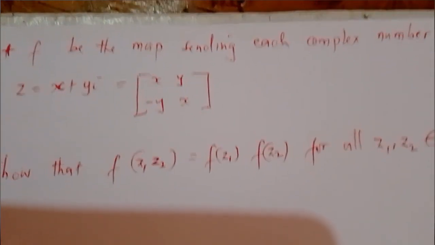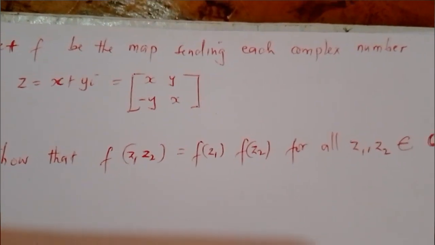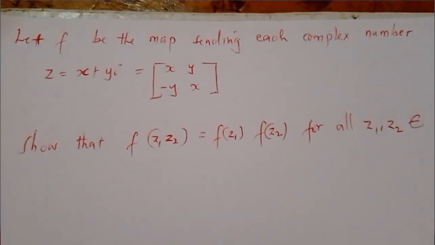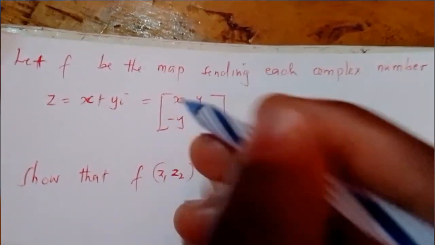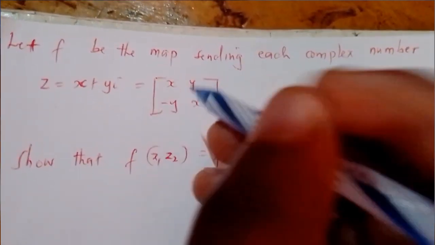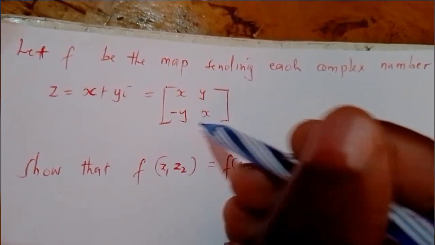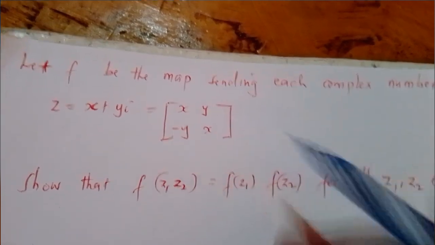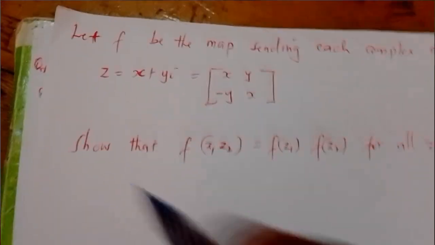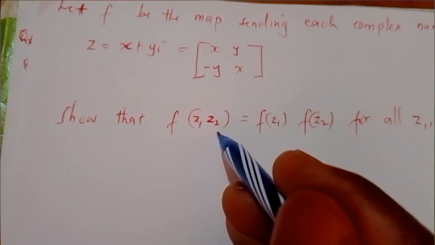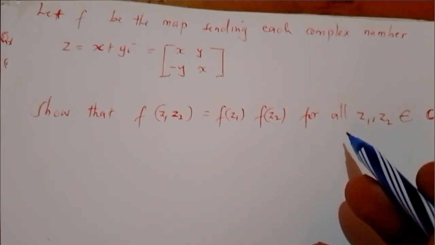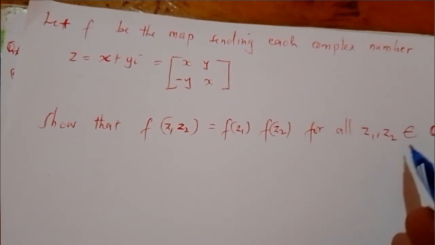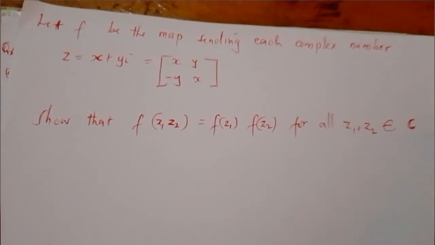Let f be the map sending each complex number z equals x plus yi to this matrix, as you can see, written in matrix form. Show that f(z1 z2) is equal to f(z1) f(z2) for all z1, z2 belonging to the complex numbers. So, solution: